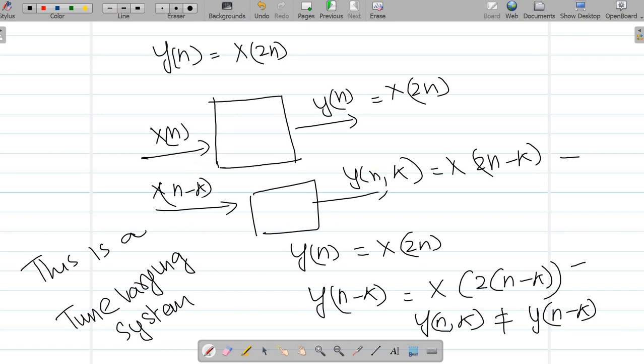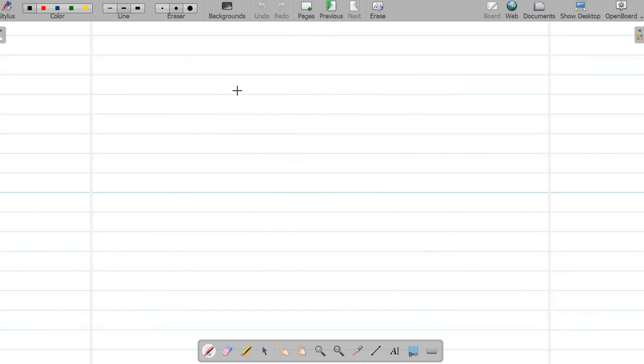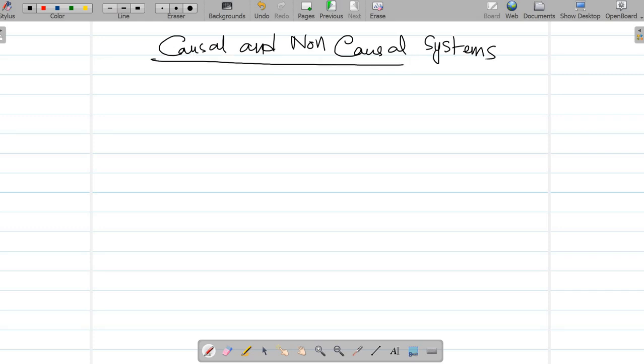So this is what our conclusion is. So let us take up another classification, which is nothing but causal and non-causal systems. So a causal system is one